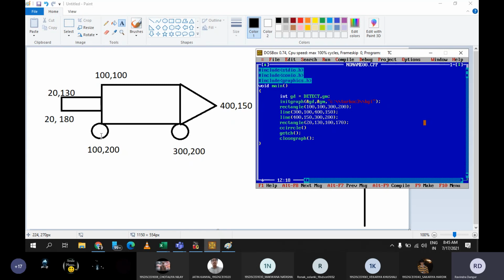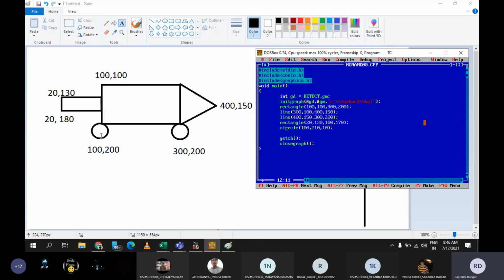Let's say I'm going with radius of 10, then what kind of parameters I need to give here? X would be same, it is 100. What about y? It depends on the radius. If we go with radius 10, then it should be 210. If we go with radius 20, then it should be 220. And let me go with 10.